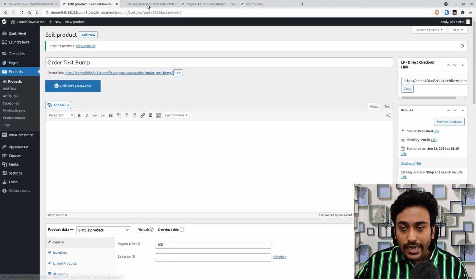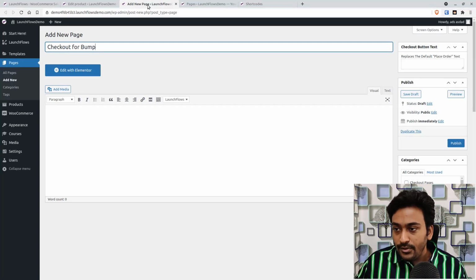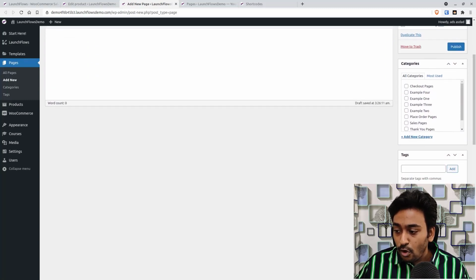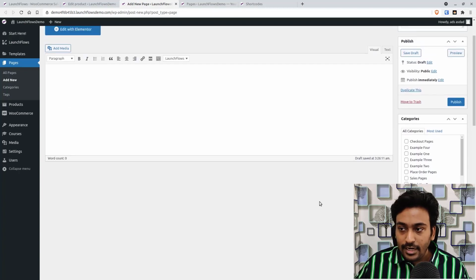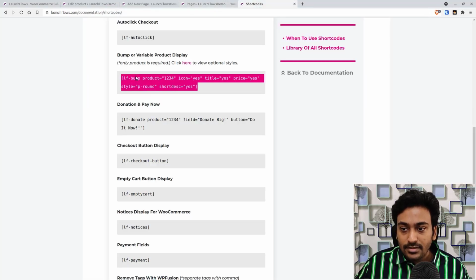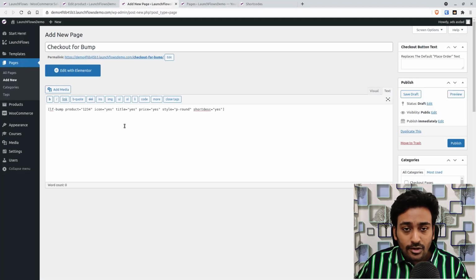Now I go to any page and create a brand new page, like checkout for bump or something like that. You can use the global one also, or you can use one of the customizable options. And here you need to say that this is a LaunchFlow template. You select that option. Now you can go into Elementor and visually edit the widget also, or you can go into the shortcodes and copy this particular checkout with the order bump, so it will show that order bump within